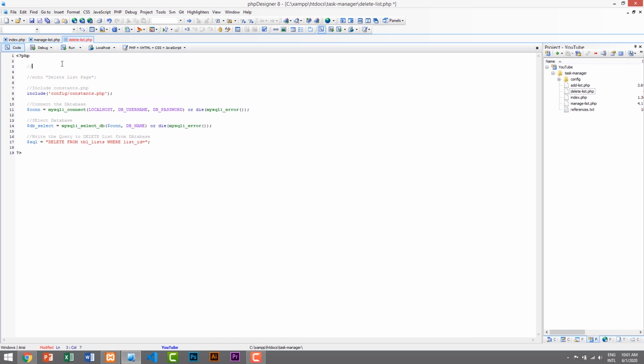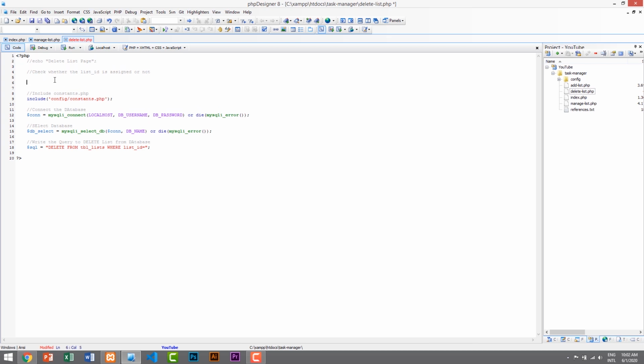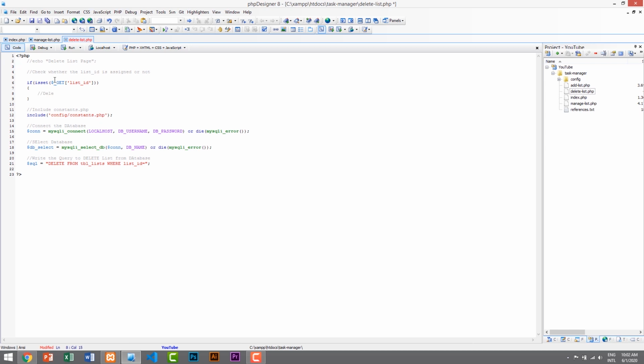So here I will write a comment: check whether the list_id is assigned or not, and this will be before that, so I'll keep it here. I just got it and pasted it above that, and here we will use if, and then we will use the isset function. If isset($_GET, and what we are passing, we are passing list_id, and then only we will delete the list